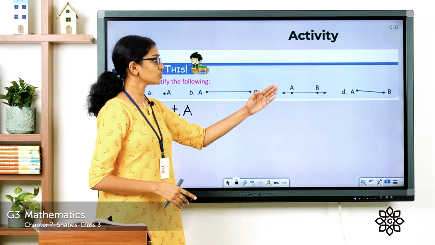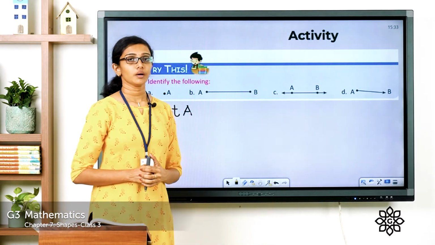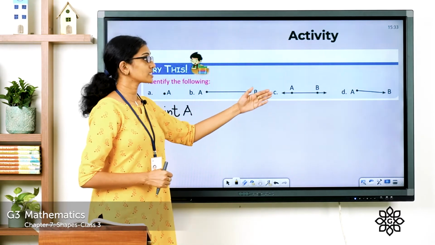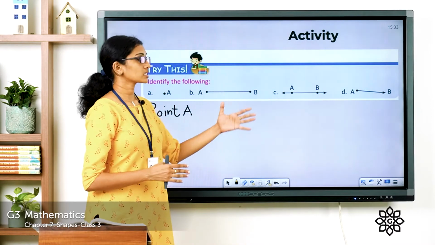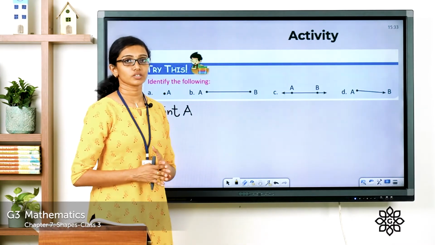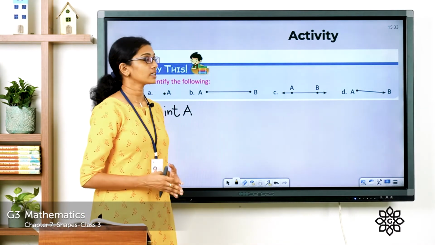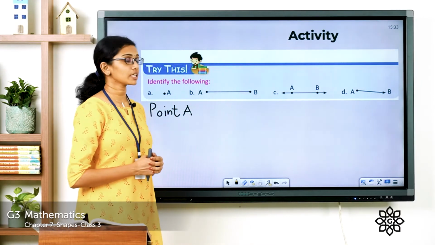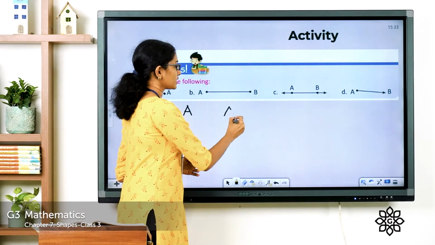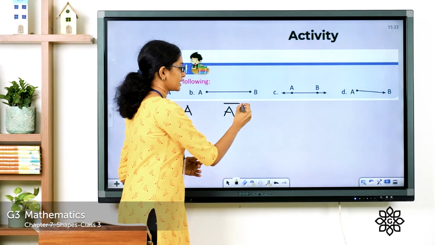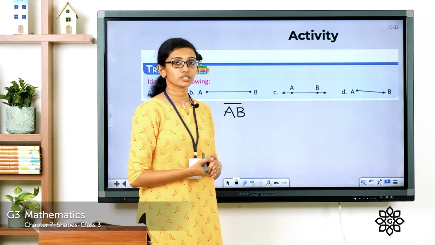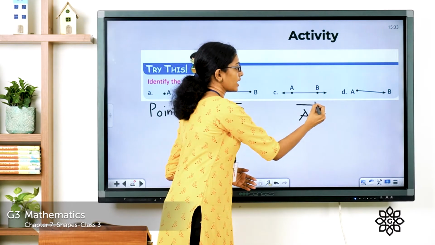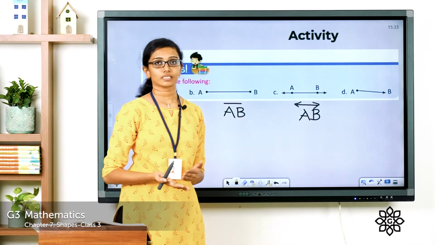In the third question, you can see 2 points A and B, but you can see arrows at both ends of the figure, which means it is a figure that is extending endlessly in both directions. And what is it? It is a line. This is line AB. And here, how do you represent this line segment? This one you can represent like this, which represents a line segment AB, and in C you can represent this line like AB, above that a line with arrows at both ends.